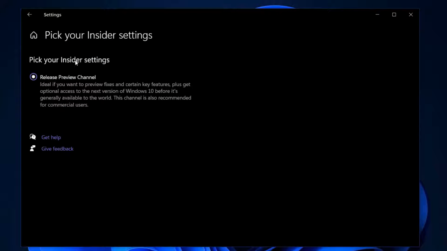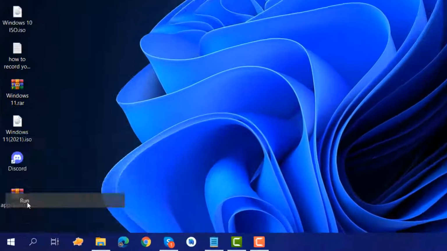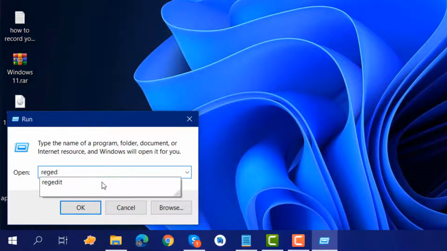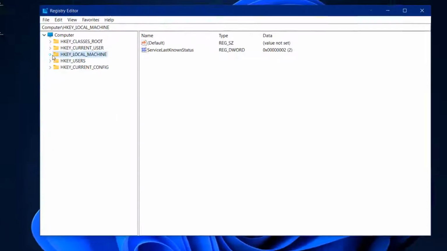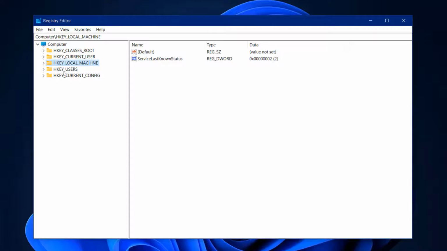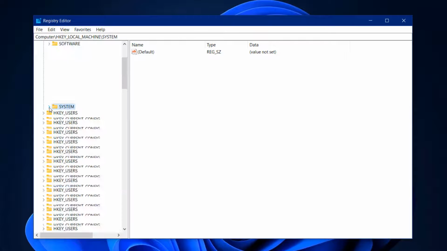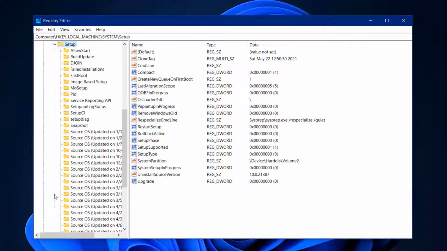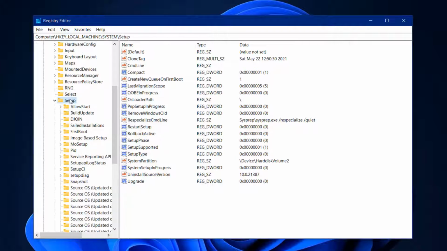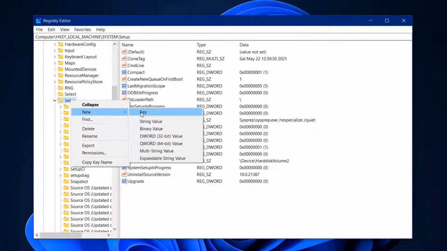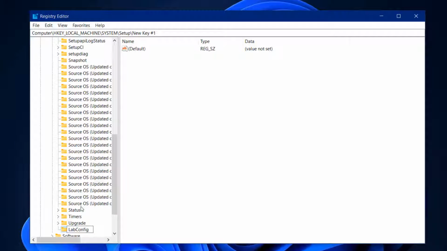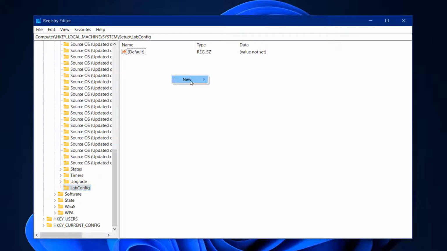Okay, so what you need to do here is right click Start and click Run, and here you need to type regedit, the registry editor. Open it, and go into HKEY_LOCAL_MACHINE. Here you need to go into System, and in System you need to find something like Setup. In Setup, in your case there can be a LabConfig, but in my case it is not there, so let me create it. So type here LabConfig,